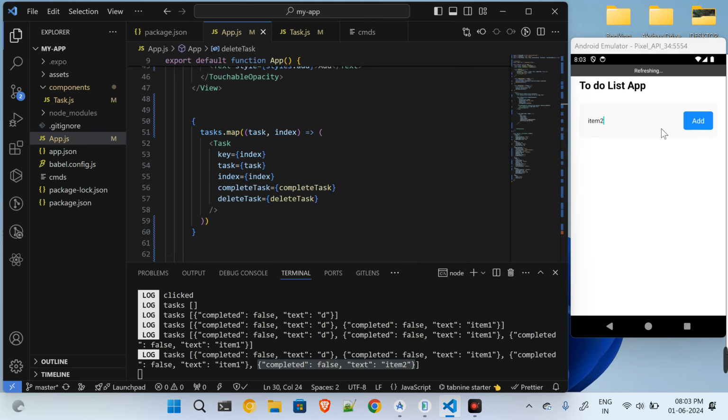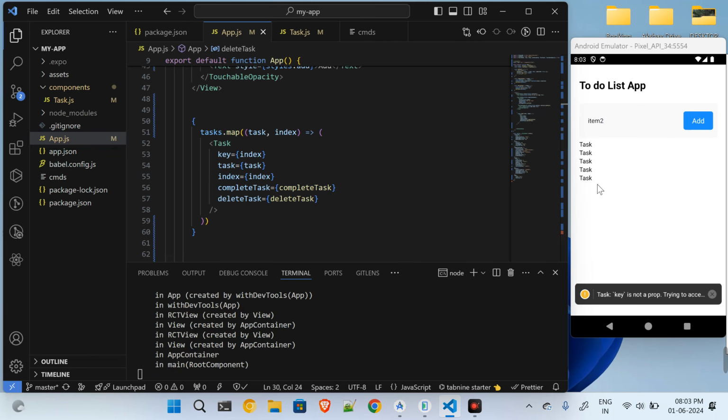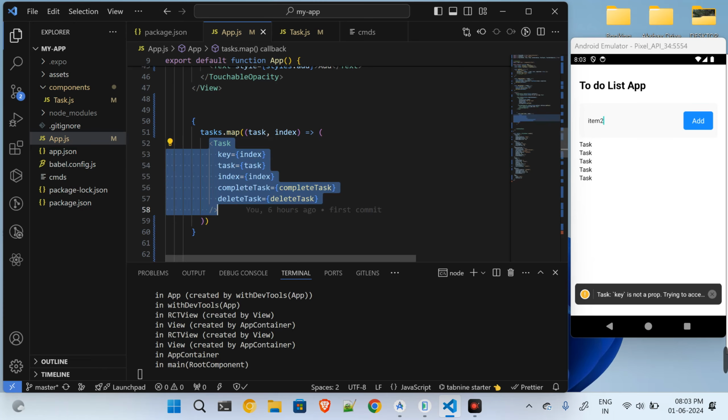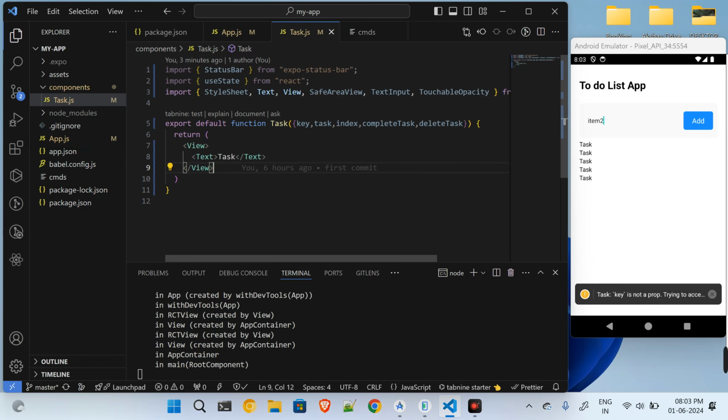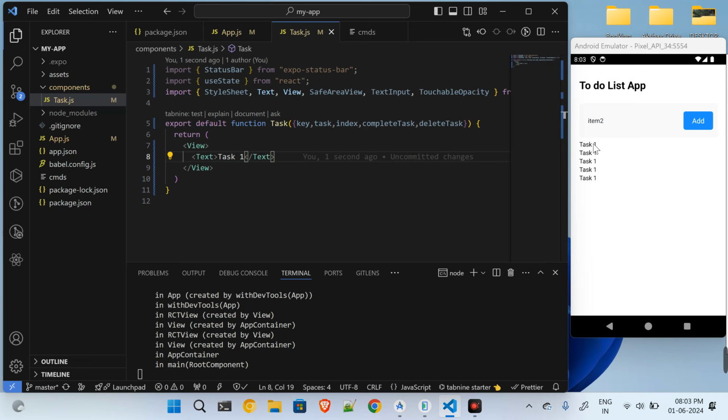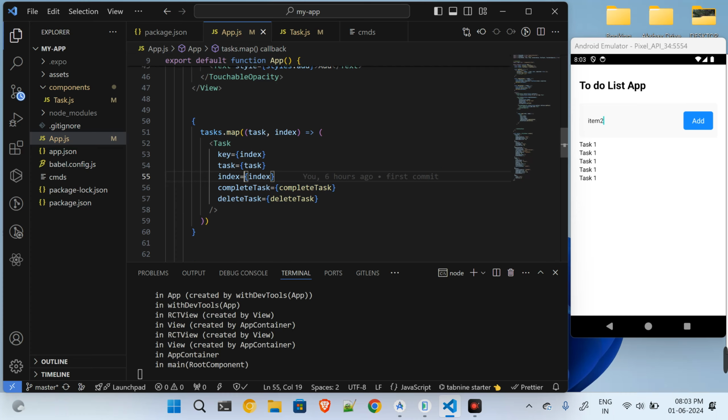So let me just save, and now as can be seen, there are 3, 4, 5 tasks which are already present. This we are getting because we have rendered this task component a definite number of times. Now, when we go to this task component, I have given the text as this task. If I change it to task one, we will get the same text everywhere because this task component is getting rendered multiple times, for the number of items inside of this